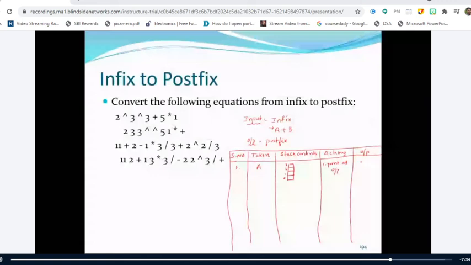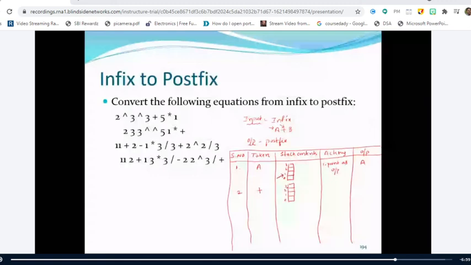What will be the contents of the output? It is nothing but A. Is it right or not? So after reading the first token, you have to increment the pointer such that it points to the next element. What is the token that you have read? Operator, the plus symbol. Whenever you come across an operator, according to the algorithm, you have to check whether the stack is empty or not. Is the stack empty here?